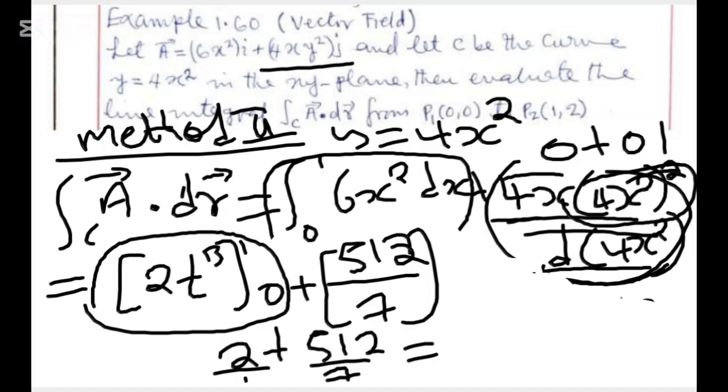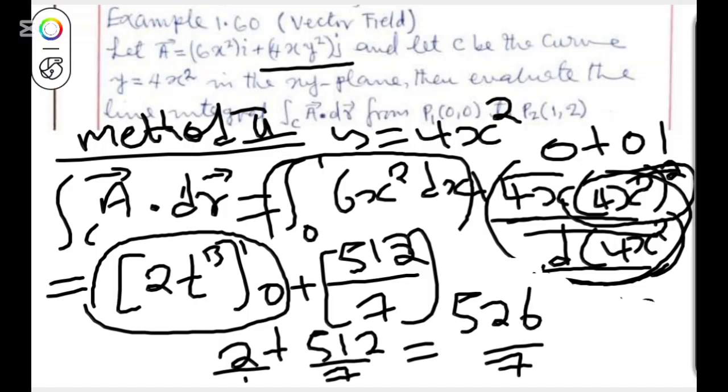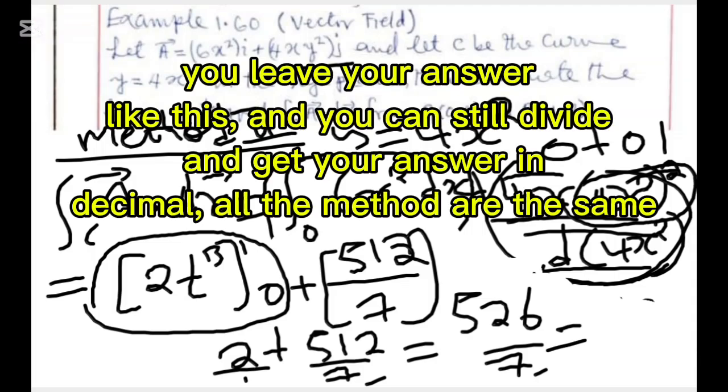LCM, I have to first find the LCM, which is 7. And therefore, this will give me 14 plus this. I'll have 512. 7 into 1, I'll get 7. 7 multiplied by 2, which is 14. 14 plus 7 into 7, which is 1. 1 multiplied by 512, it will give me the same thing as 512. So I have to say 14 plus 512 is the same thing as 526. So in fraction, this will